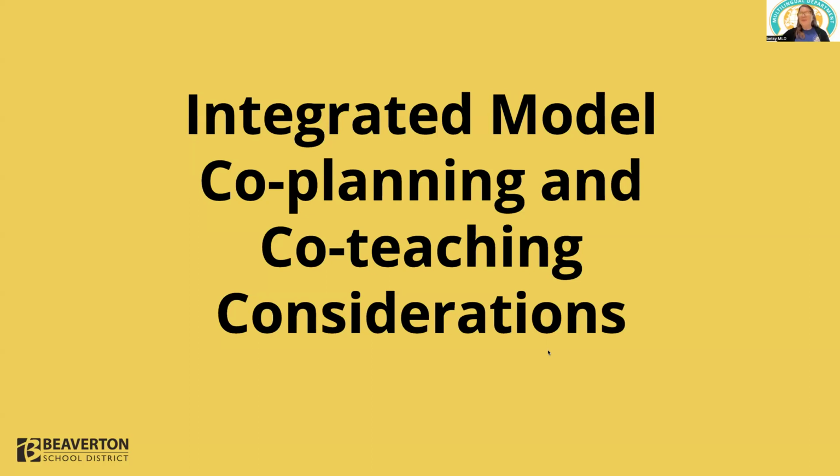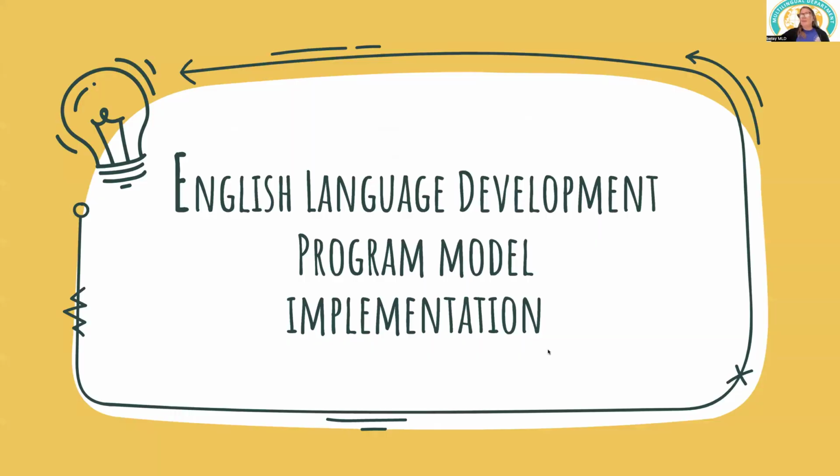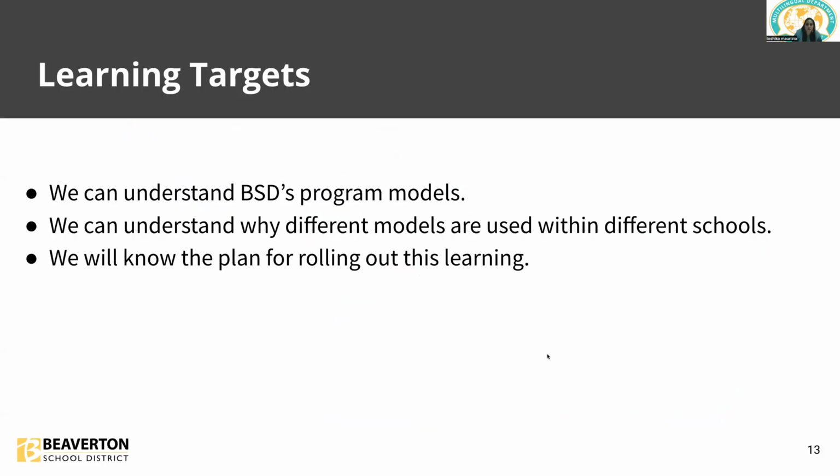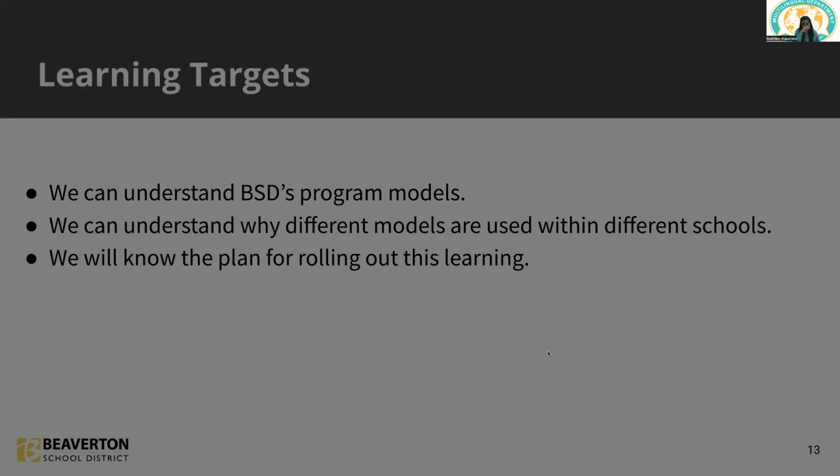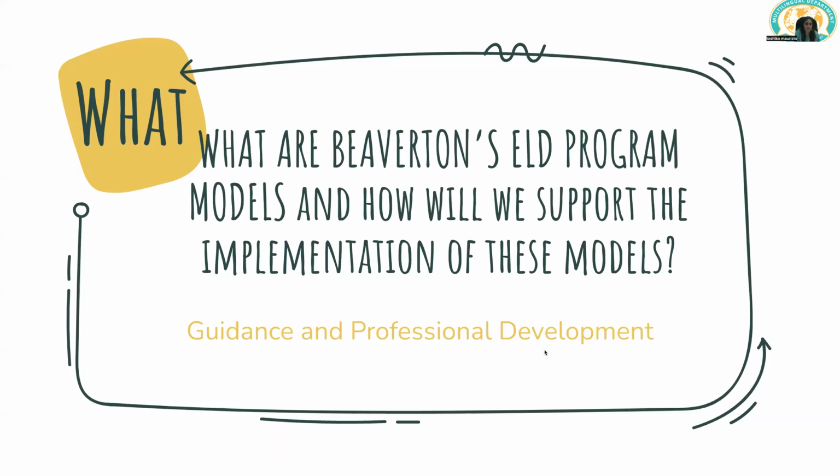So now Toshiko's going to talk about the co-planning, our model for co-planning. And this is what we shared with all of the administrators. This has gone through so many different iterations already. And you know, the visual, we are trying to combine all of the different levels into a visual. So you can go on to the next slide to define what we're expecting of all schools and all levels.